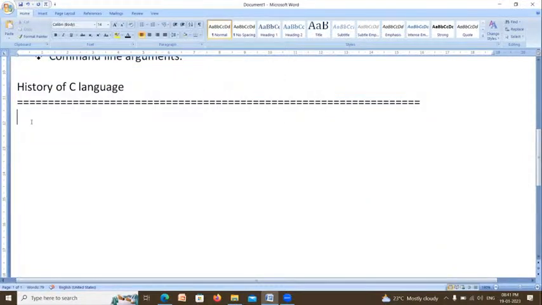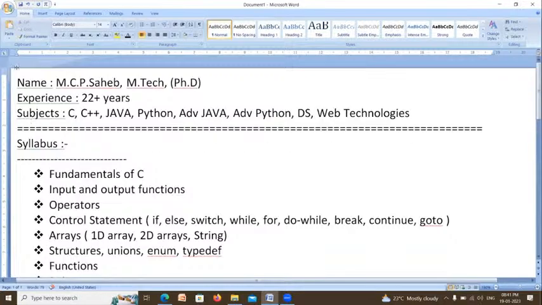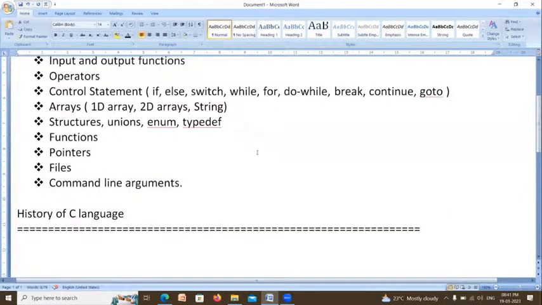My dear friends, do you know so many programming languages are there in the world? C, C++, Java, Python, Advanced Java, Advanced Python. These programming languages are mainly classified into three types.